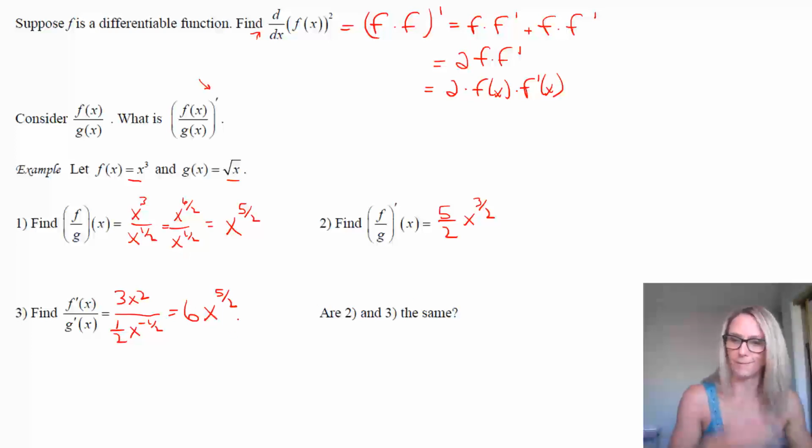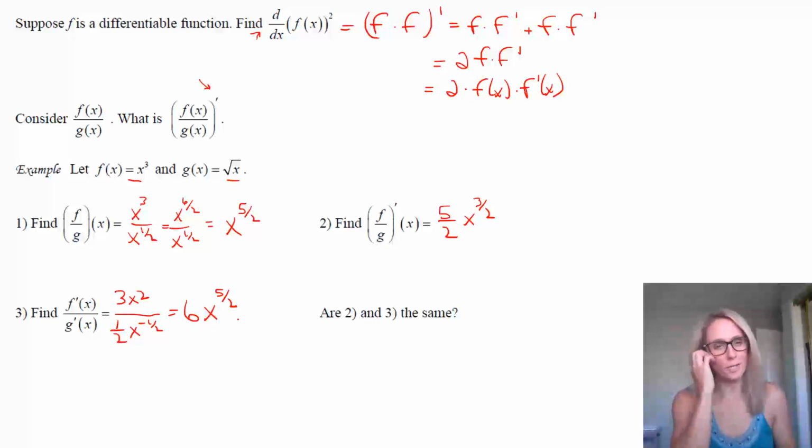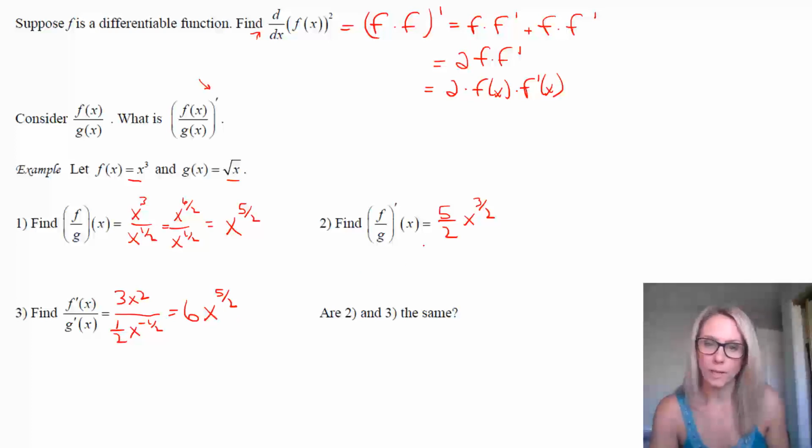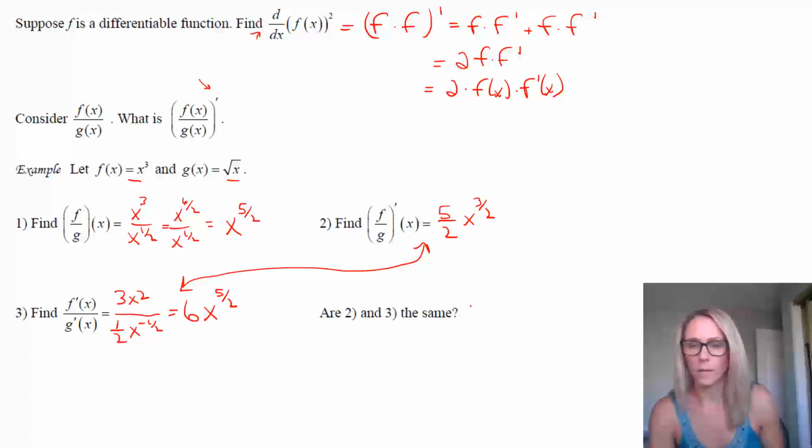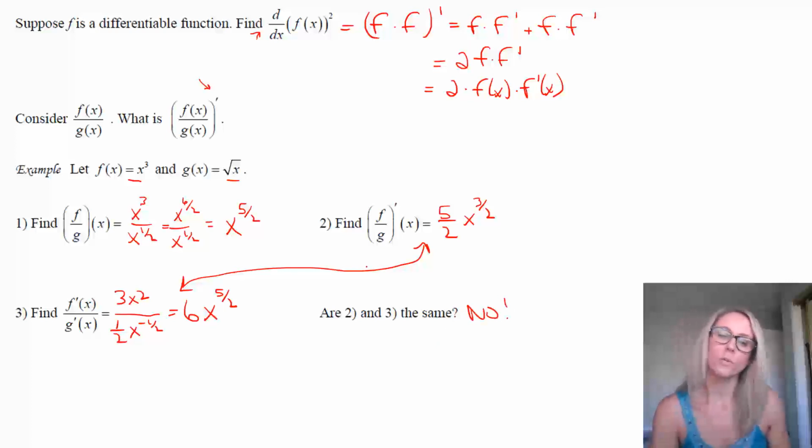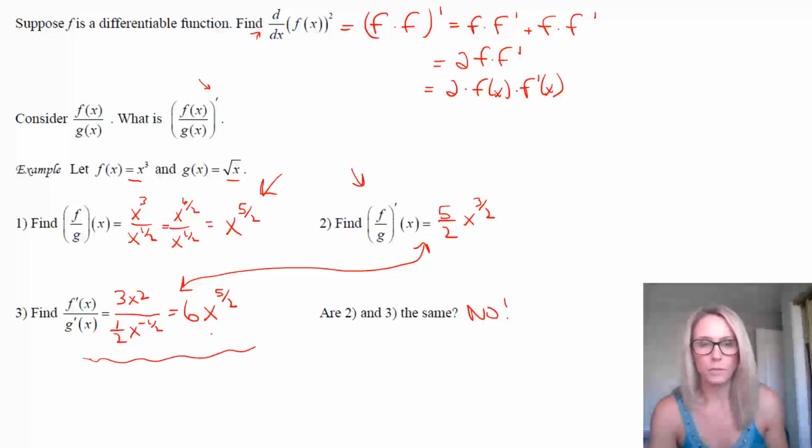This is our answer because we took the derivative of the numerator and denominator and we divided them. So notice these two things are not the same. They are not the same. So of course, what this tells us is one of these things is wrong. And I'll tell you, this is the one that's right because we just rewrote it and then used the power rule. And that's a legit way to do it. So this is the way here that is wrong.